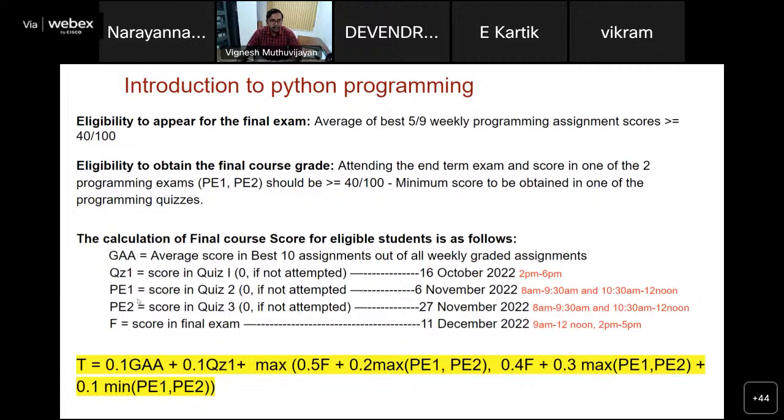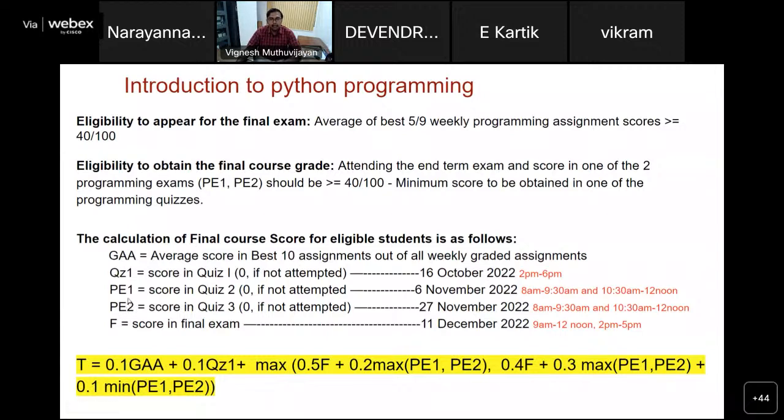So here is the calculation for the final course score, and you have your GAA, which is your assignment score based on the 10 assignments out of all the weekly graded assignments, and your quiz one, which is going to happen on October 16th. And then you have a couple of other exams, which are your programming exams.